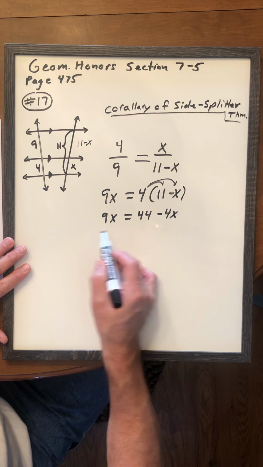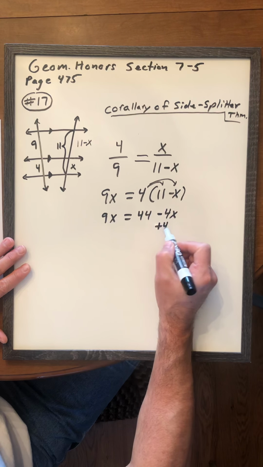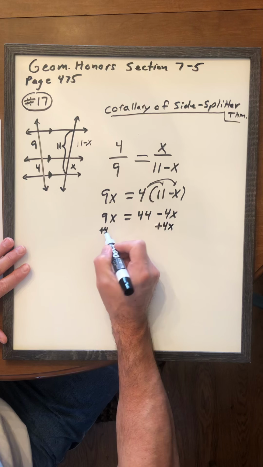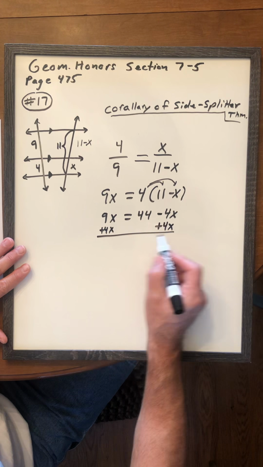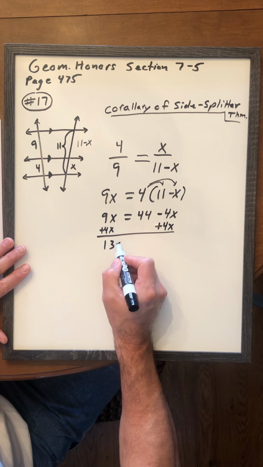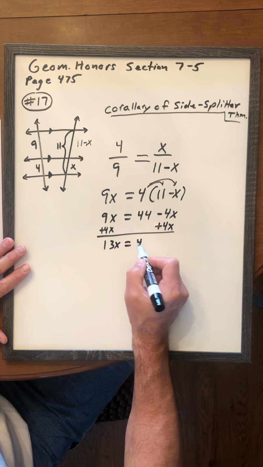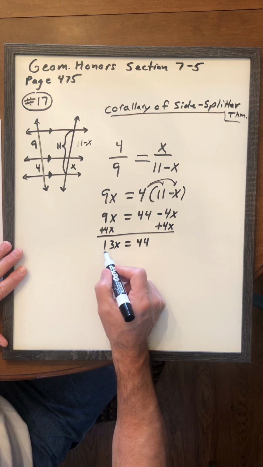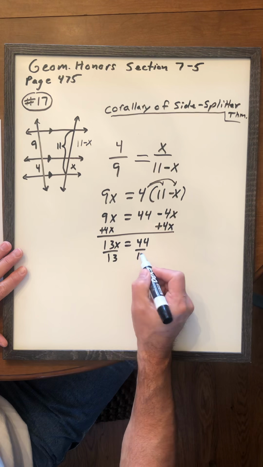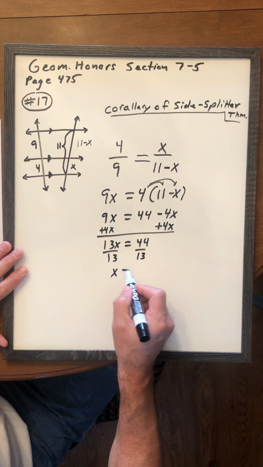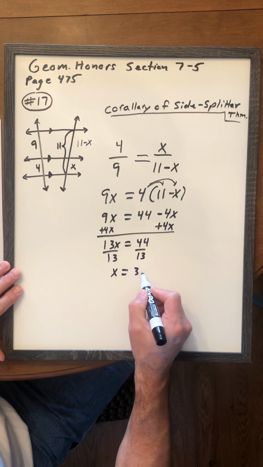I need to get my x's together on one side. I add 4x to both sides and draw my line. That gives me 13x equals 44. Then we divide by 13 and I end up with x equal to